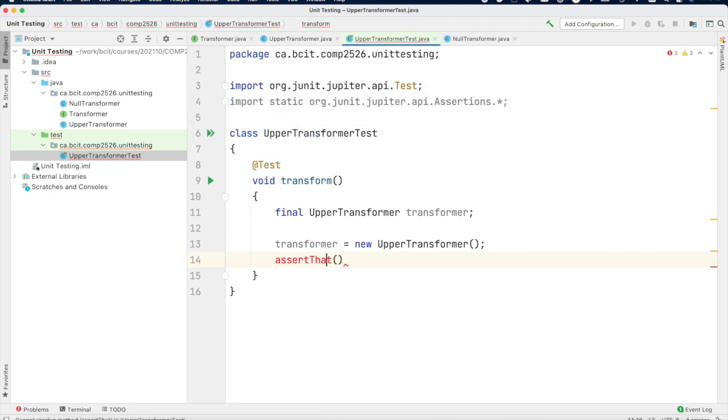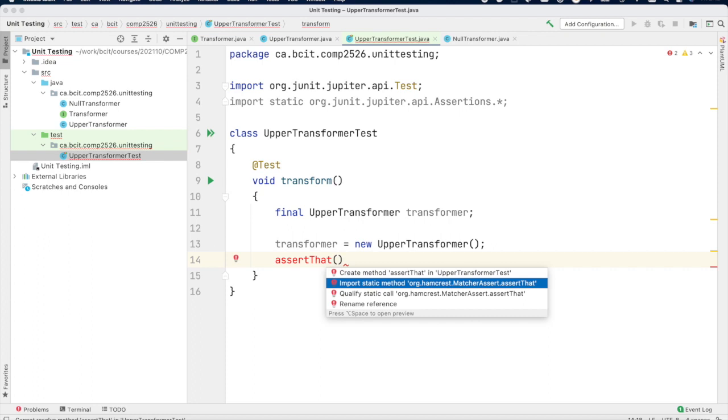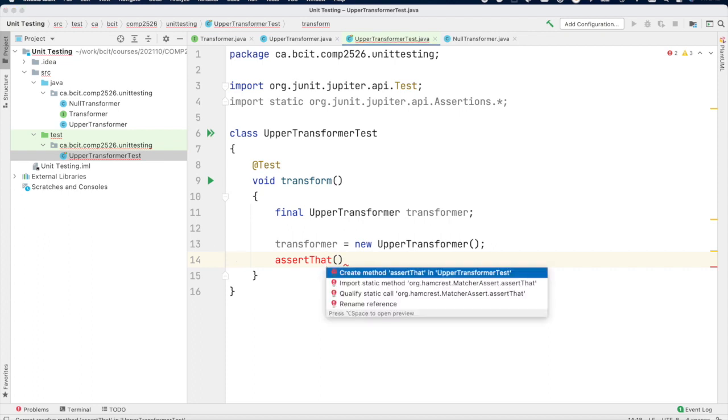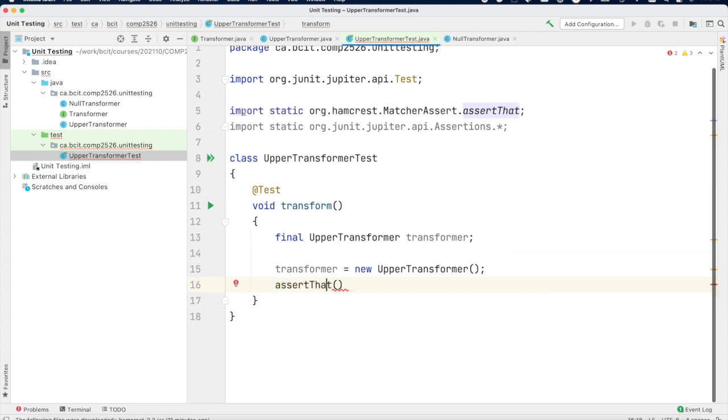There we go. So for me, it's option. For you it might be alt return to bring this up. But worst case, you have to type in this particular import by hand if you can't figure out how to make it happen. So we're going to assert that